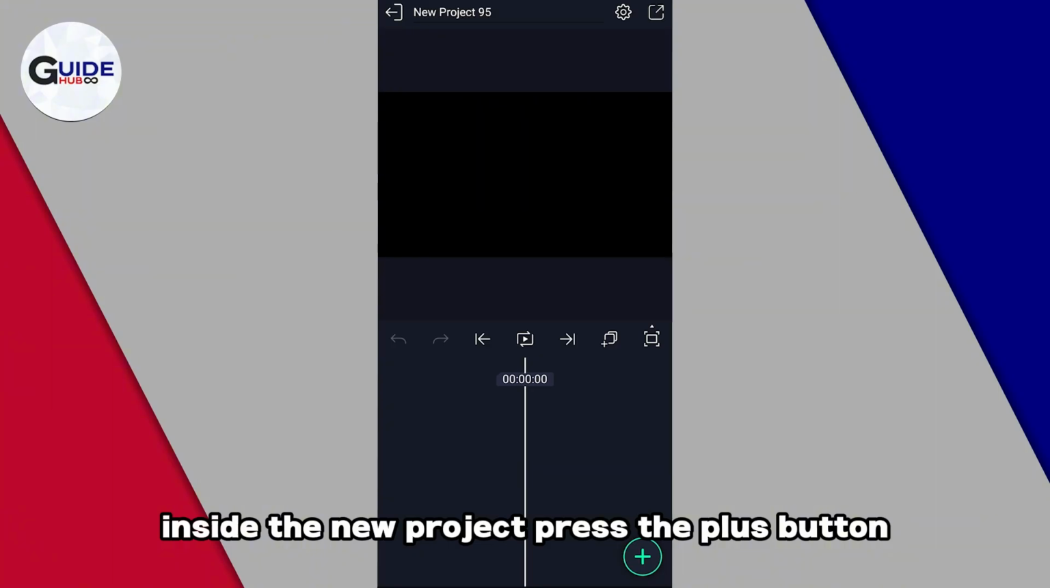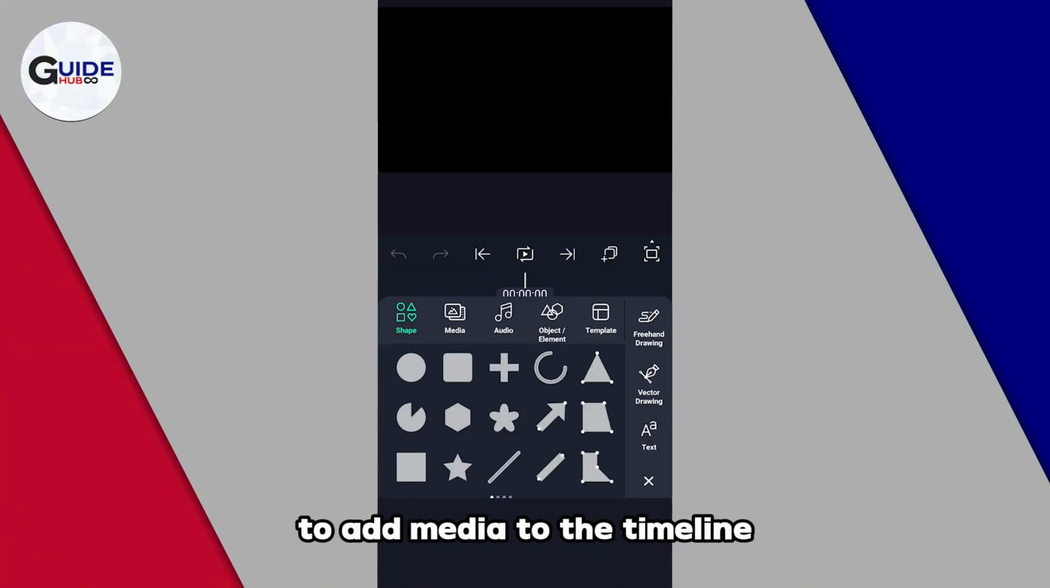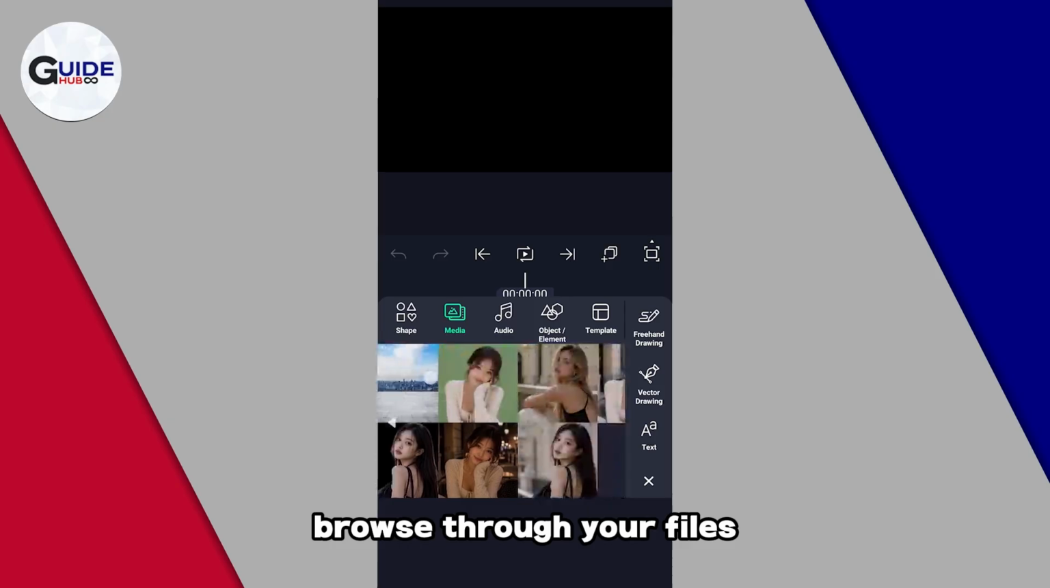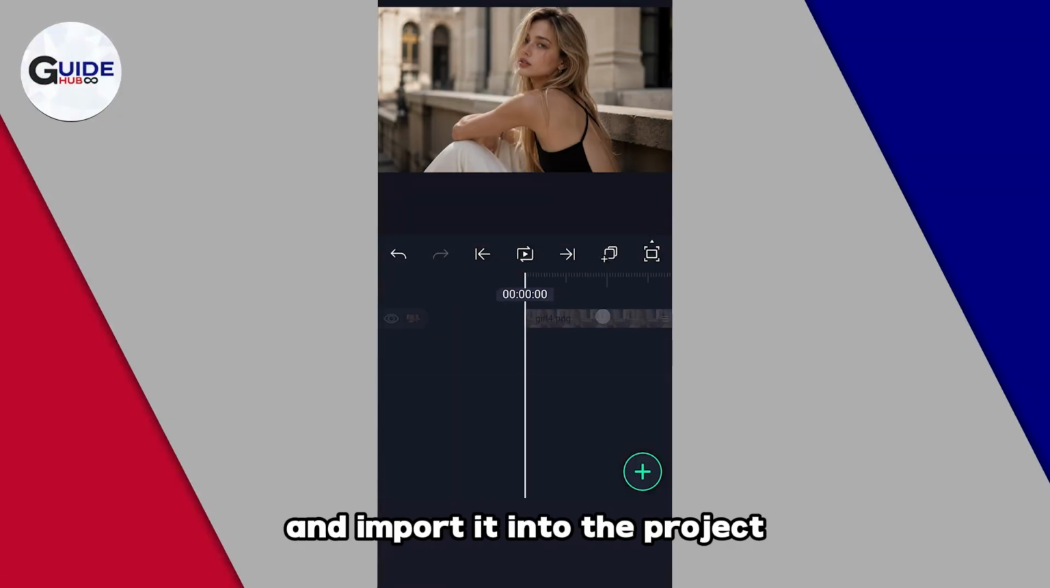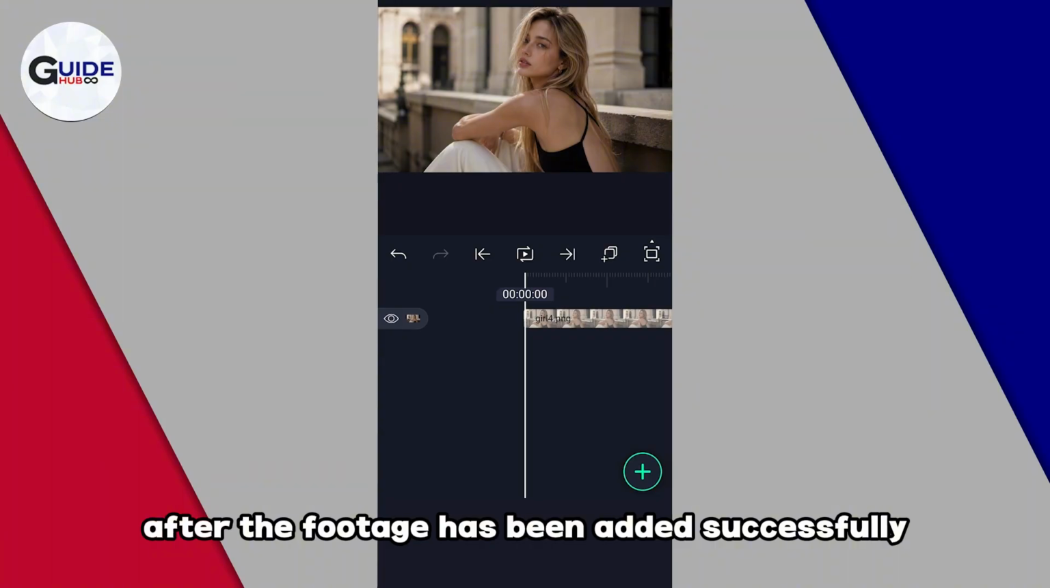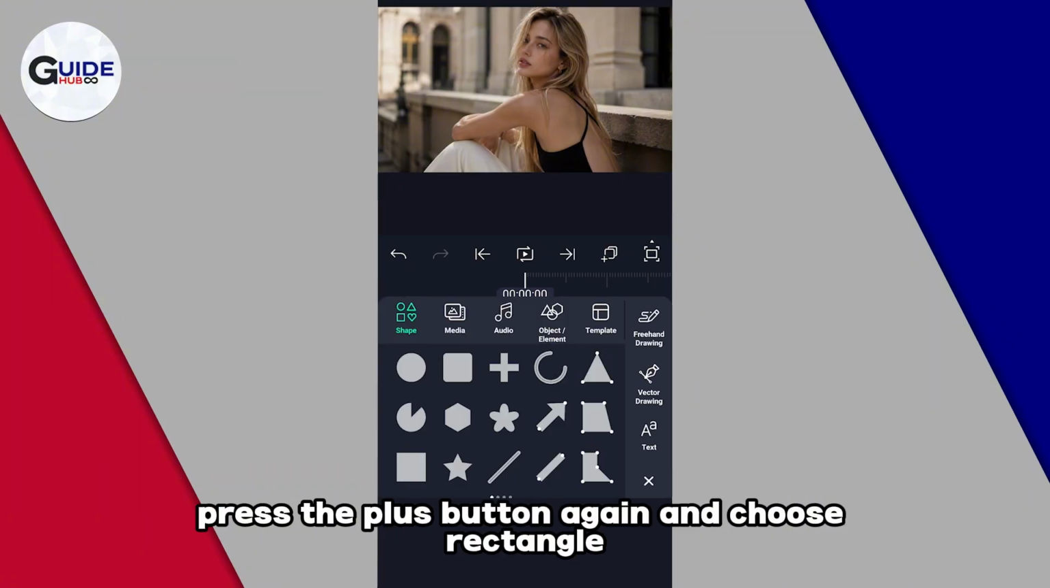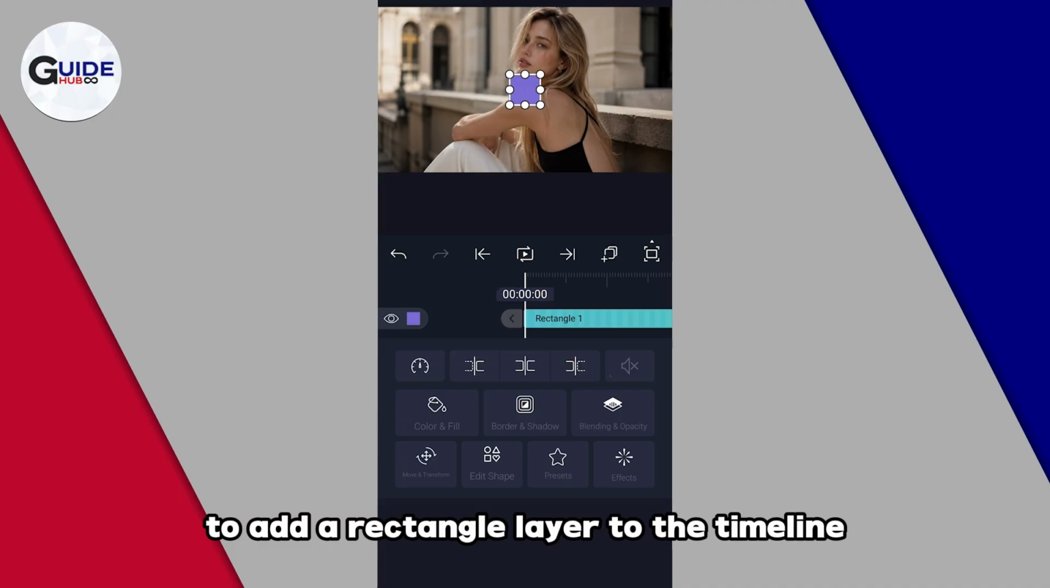Inside the new project, press the plus button to add media to the timeline. Browse through your files, select the footage that you want to use, and import it into the project. After the footage has been added successfully, press the plus button again and choose Rectangle to add a rectangle layer